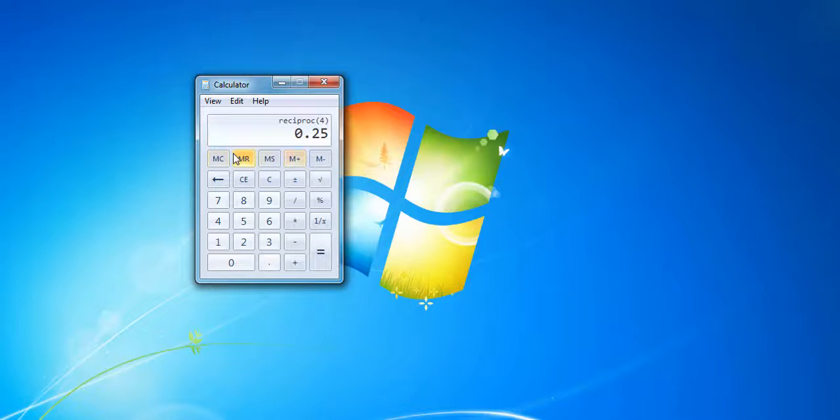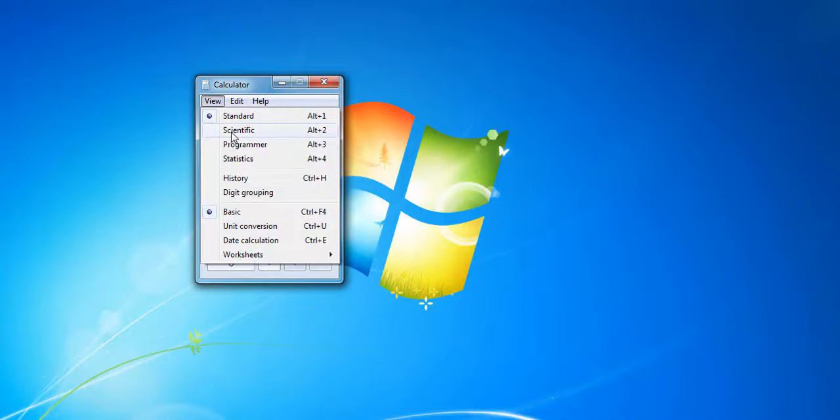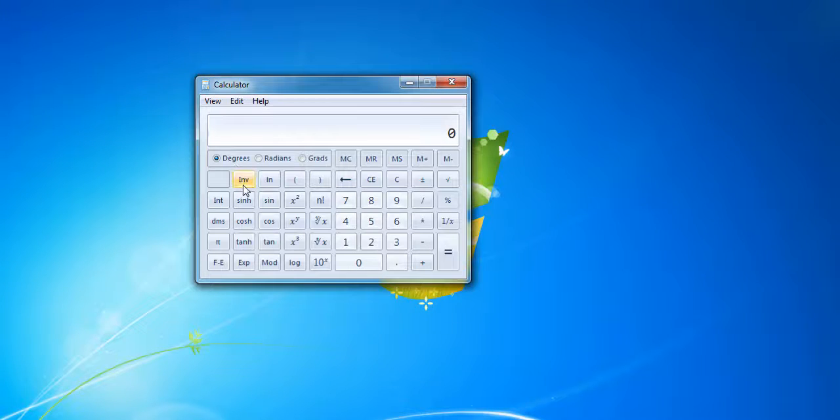Now we will change the mode of the calculator. We will make it scientific. See, the interface of the calculator has been changed. Now we have extra buttons to work with. This is scientific mode. It has been designed to perform advanced calculations like trigonometric functions in degrees and radians.